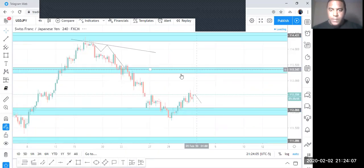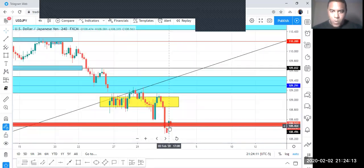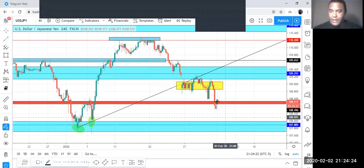CHF JPY. A lot of support on this level, resistance. Want to see how this actually closes. I'll probably miss that. I won't be up at 1 a.m. Eastern Standard Time, so I want to see how this candle actually closes. So when I wake up in the morning, I'll be able to see maybe two more candles and one running again. Either way,